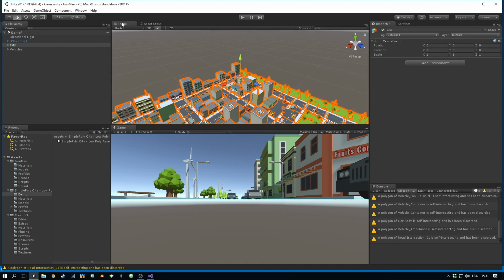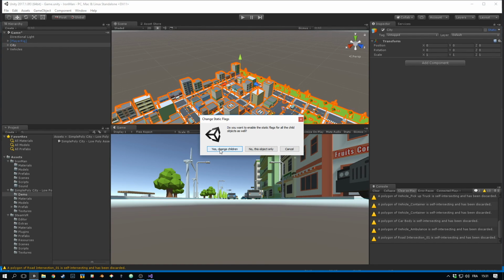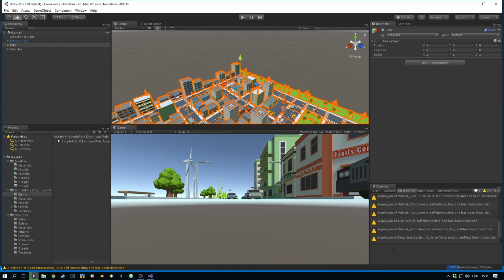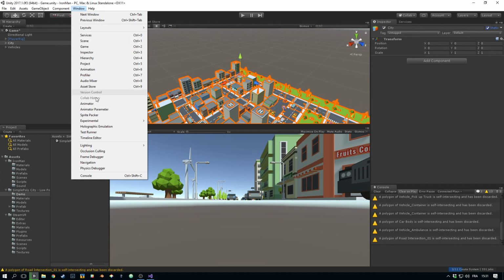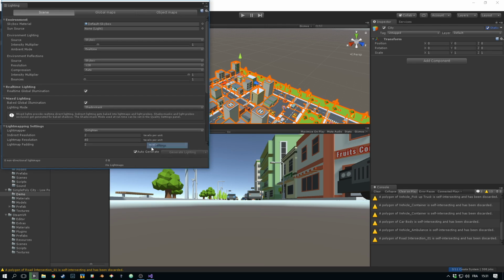So to optimize it slightly, I'm going to make these static and change all the children. Once you do this, you start to see that the Unity is working on calculating the light map. So we don't want this. We go to Window, Lighting, Settings, and simply uncheck Auto Generate, and this will stop the generation, the baking of